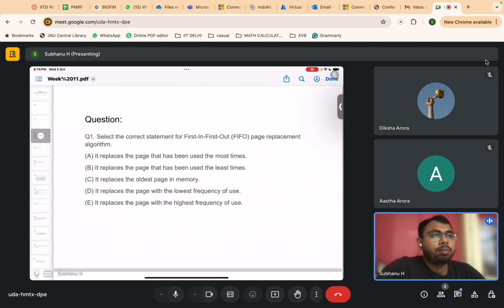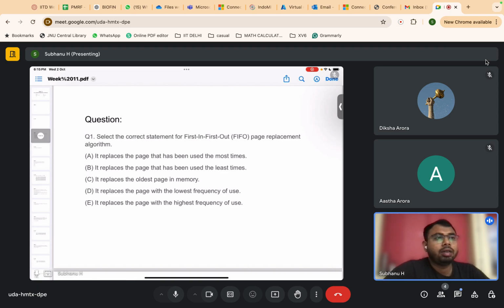Why there is a need for page replacement, and some page replacement algorithms, like the FIFO algorithm. Then the trade-off between the number of frames versus the number of page faults. And then there is Belady's anomaly for the FIFO algorithm, then the optimal page replacement algorithm, LRU, which is the least recently used algorithm, some stack algorithms, and then also we'll be seeing the